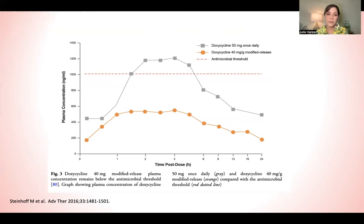for the most part. And this has always been a slide that I think really drives the point home. So the orange is the modified release doxycycline. The gray is doxycycline 50 milligrams. So I would call both of those low dose. And yet we see that the doxycycline 50 milligram once a day does come up with that peak dose pretty quickly, by what is that, hour 2 or 3. That hashed line is kind of an average MIC antimicrobial threshold. And once you come up over that,